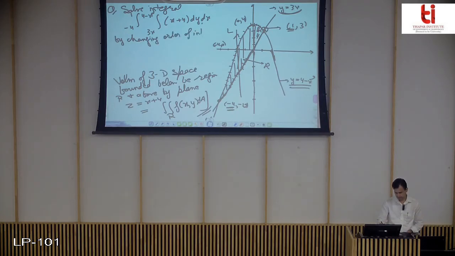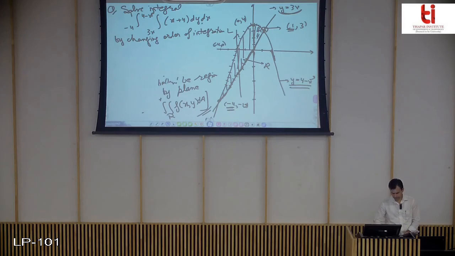See, the question is this one now, but we have to find the volume. Let us come to the point that since we have to change the order of integration in this question, he gave you the exact double integral where you have integrated first with respect to y and then with respect to x. Now he wants you to, using the given integral, integrate first with respect to x and then with respect to y.